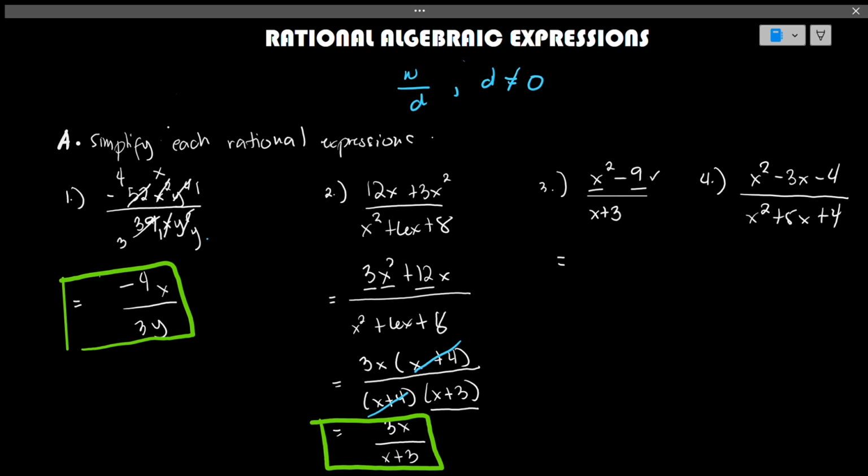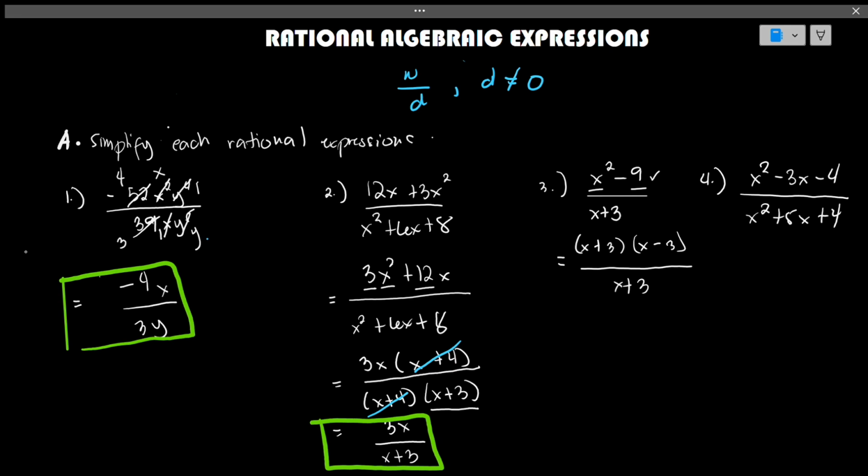It means that the factor of this is simply the square root of the first term, the square root of the last term, then different sign. Okay? So we have two binomials here. Both of them are different. So we can have positive here and this becomes negative. The square root of x squared is x. So we can have the first x. Square root of 9 is 3. That's how you factor a difference of two squares. Bring down x plus 3.